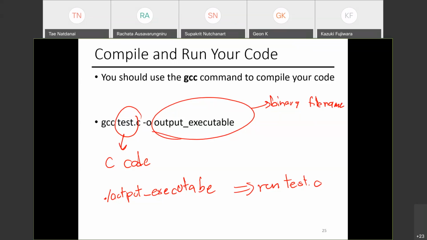It helps people identify that it's a C program. Then the executable doesn't need a file extension because it becomes the binary code. Linux would know that's a program you're supposed to run. It's not a text file. It's not a C program that you can understand. It's the binary code understood by the machine.